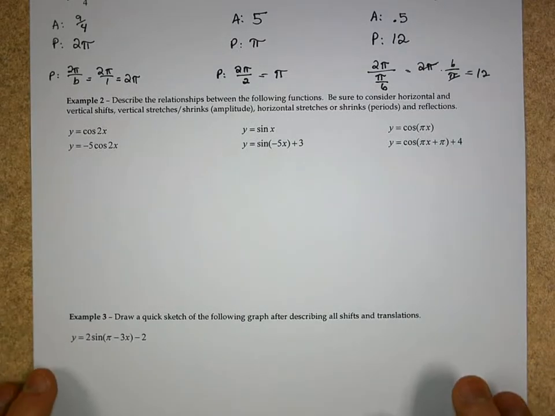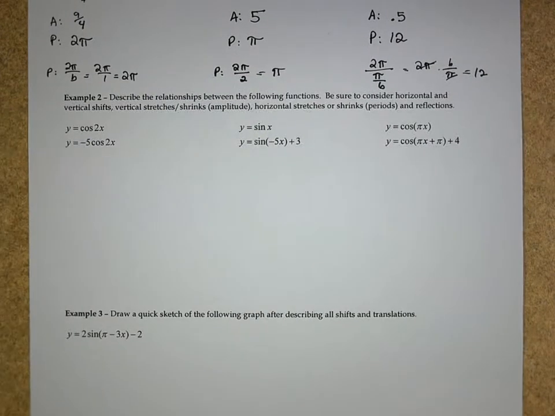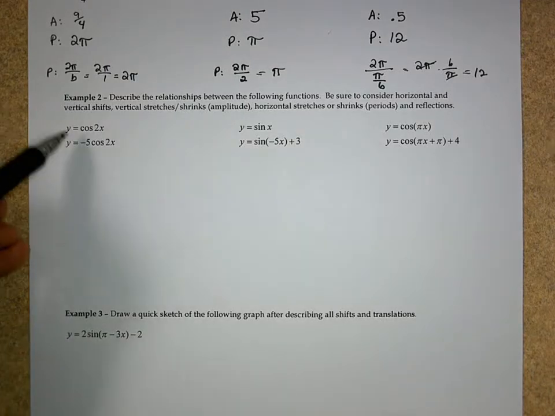The second skill then is being able to identify how graphs change. And we want to use terms such as horizontal shrink, vertical shrink, horizontal shift, x-axis reflection, y-axis reflection. What are all the different changes that you see between two graphs? So the graphs that you would see normally are parent functions, and we want to compare between parent functions and then the shifted graph. So right here, y equals cosine of 2x. I know it's not the official parent function because it's not cosine of x, but we're going to compare these